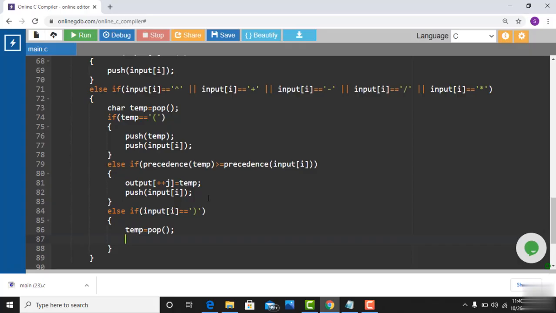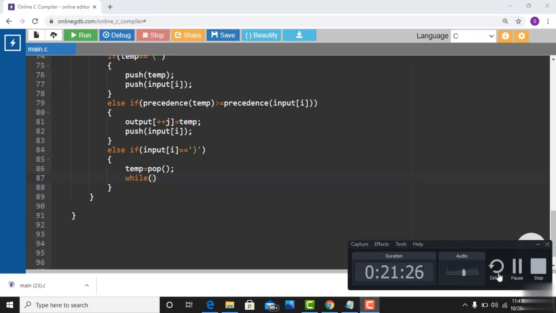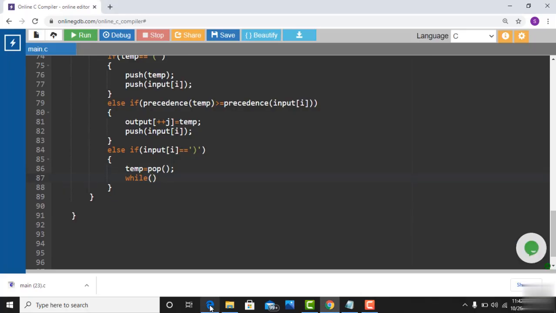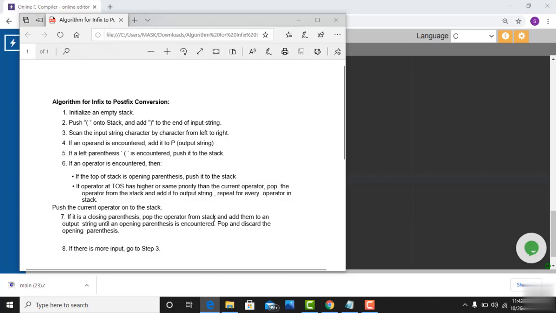If the input character is a closing parenthesis, pop an operator from the stack. Okay, and pop something from the stack. Then if the input character is a closing parenthesis, here you can see pop the operator from the stack